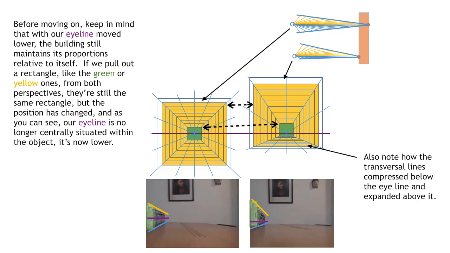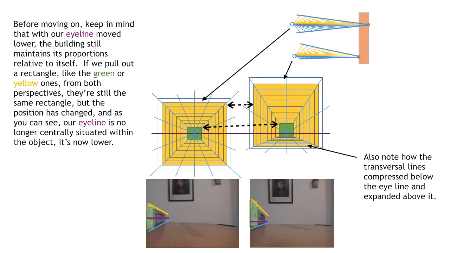They're still the same rectangles, but their position has changed. As you see, the eye line is no longer centrally situated within the object, it's now lower. So as we move our observer height down, the vanishing point moves down relative to the object, but the object itself